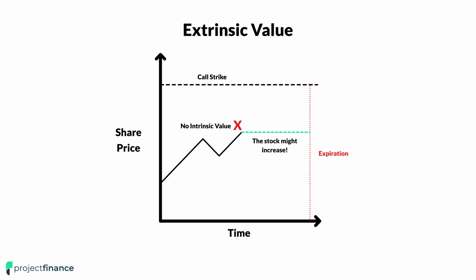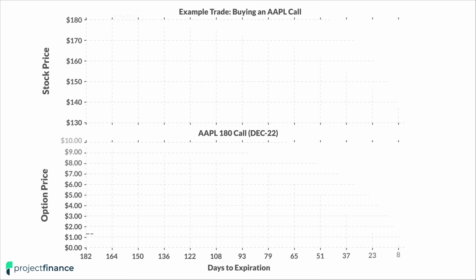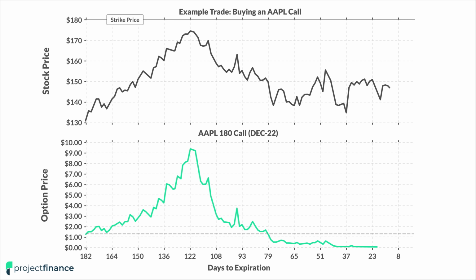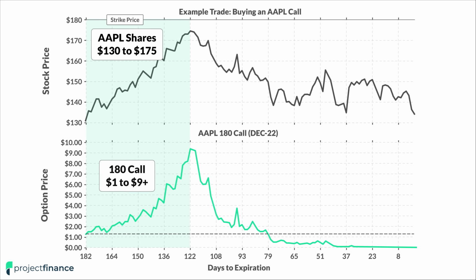To prove this to you, let's look at a specific example using historical option data on Apple. Here we're looking at the Apple stock price versus the Apple 180 call option expiring in December 2022. The starting point is in June 2022. In the first 60 days of the trade, Apple's stock price went from around $130 to $175, which is obviously a massive surge in a short amount of time. The 180 call went from a price of around $1 to over $9, or a 9 times increase in its